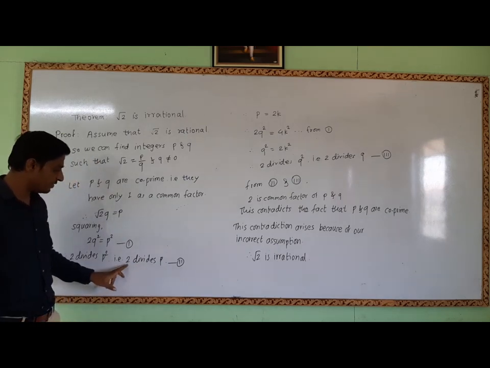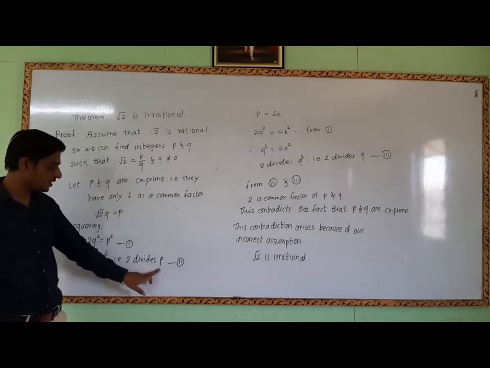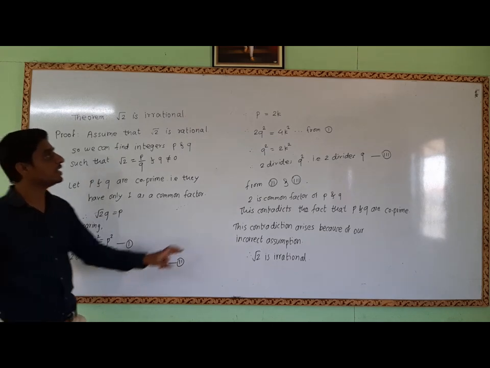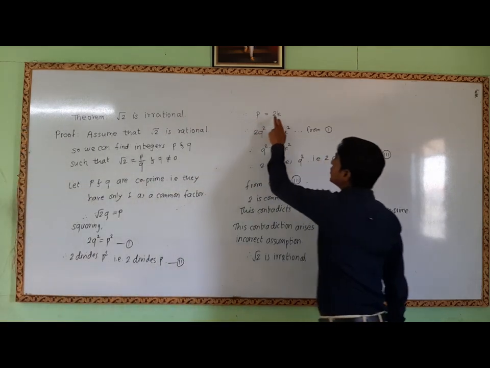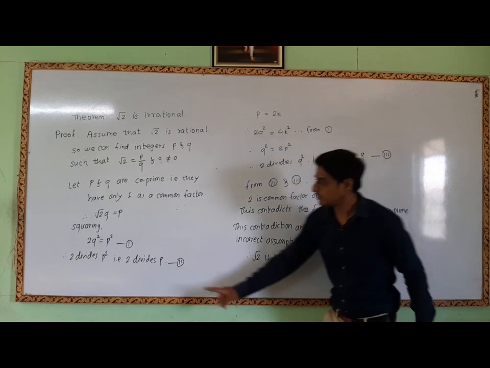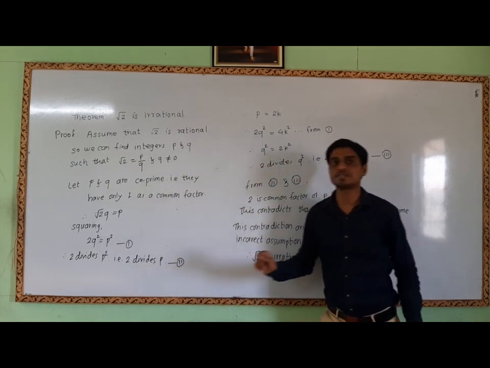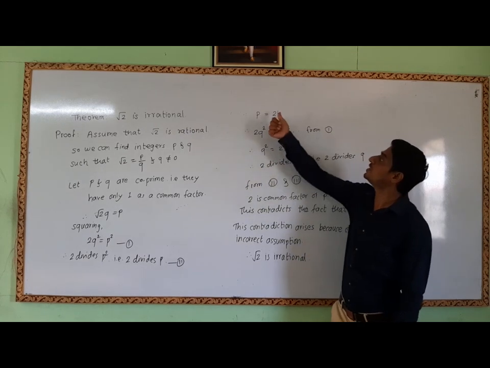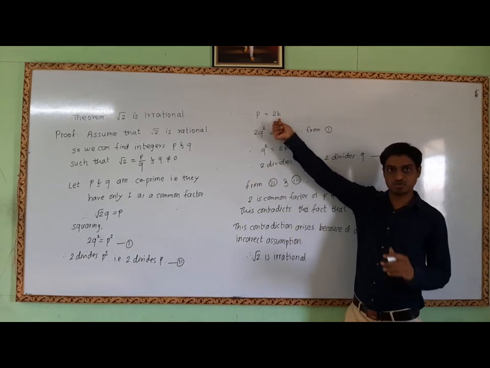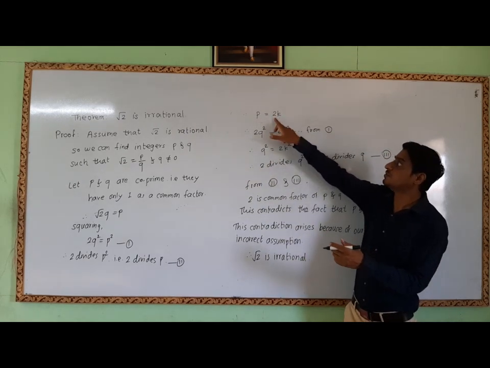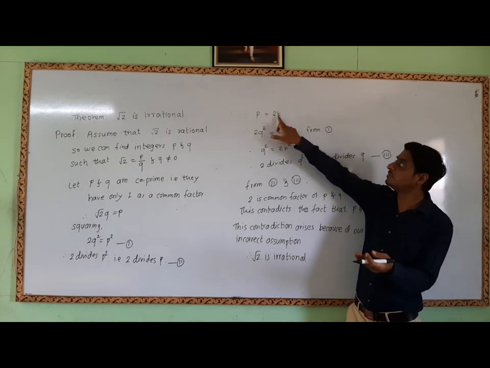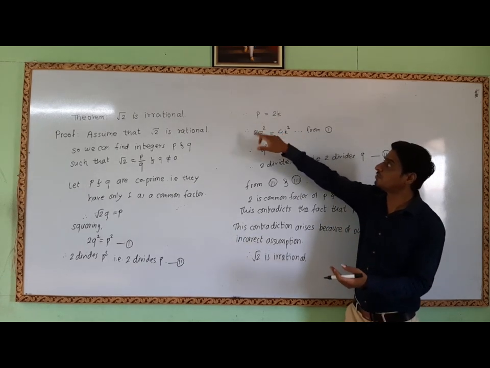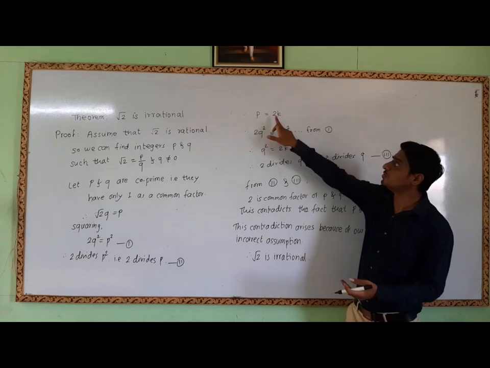Now, if 2 divides p, then we can express p in terms of 2. Let us consider p is equal to 2k. 2 p को डिवाइड करता है, इसका मतलब 2 के टेबल में कहीं ना कहीं p आ रहा है. तो कब आएगा वो पता नहीं, इसलिए हम उसको k कंसीडर करेंगे, वो जो मल्टीपल है. ओके, सो we will consider p is equal to 2k.